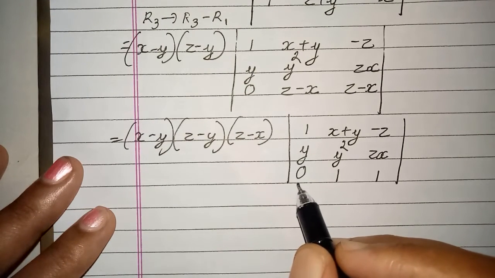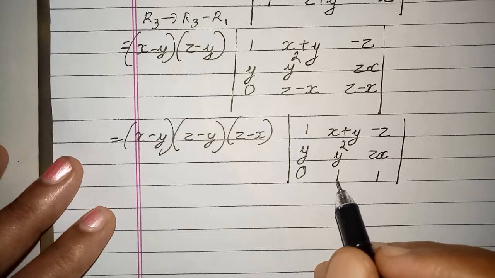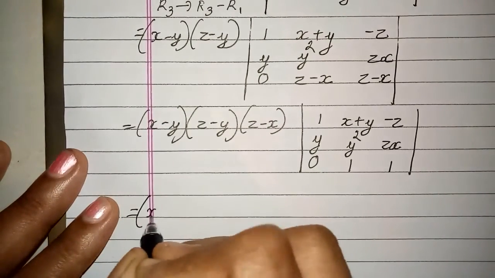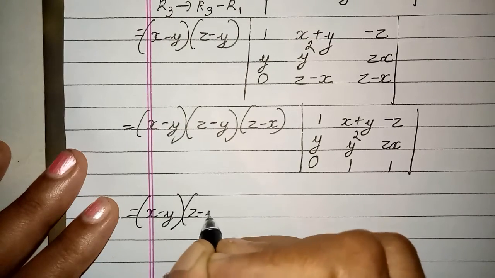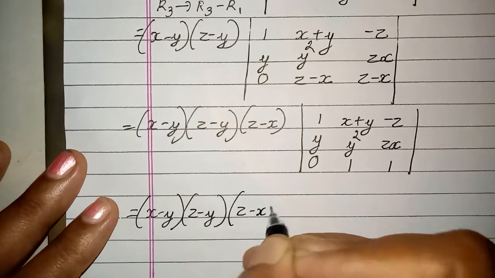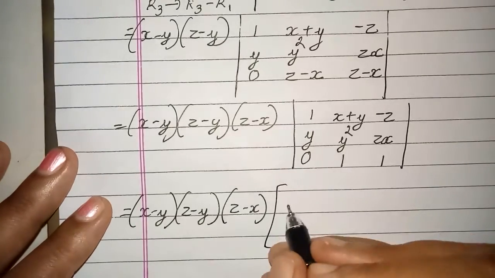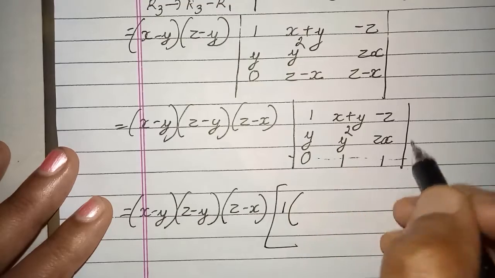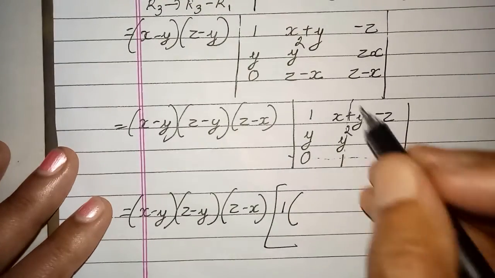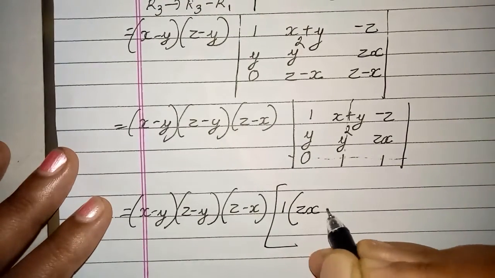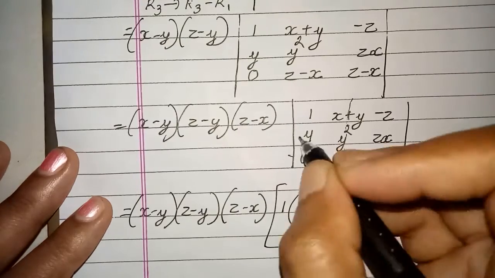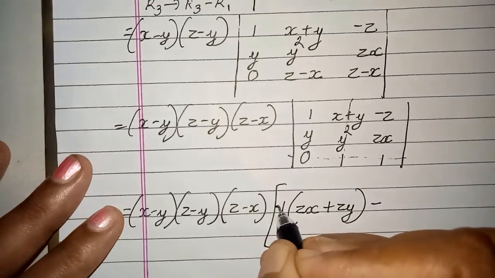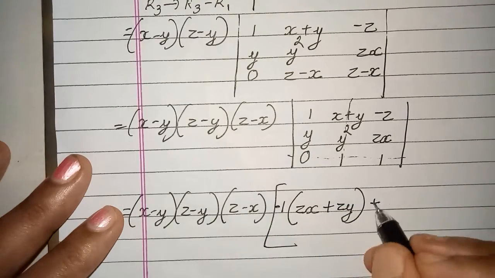This position is 3 1 positive, 3 2 negative, 3 3 positive. So let us expand along the third row. First one is 0, so no problem. This row, delete. Delete this row. If you have a pencil, you can use it like this. This row and this row delete. So what will we have? We have zx plus zy because minus of zy. This will be with minus sign, no? Yes, because it's second position. Third position will be 1.